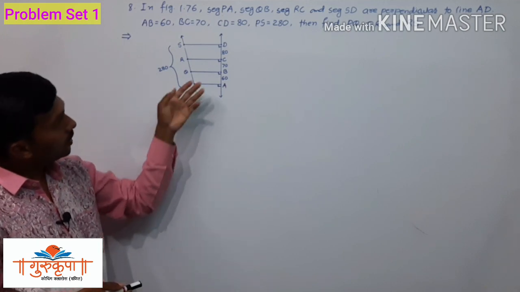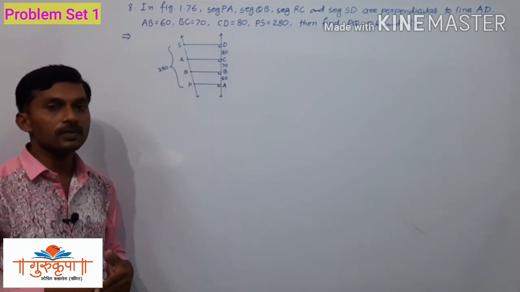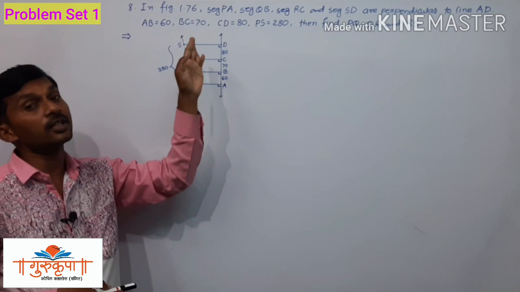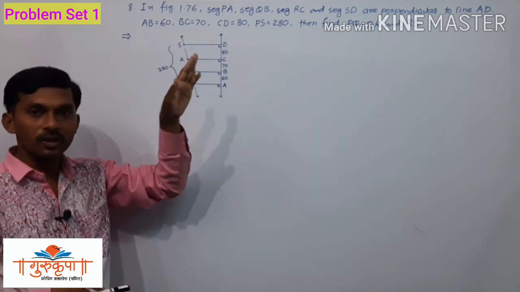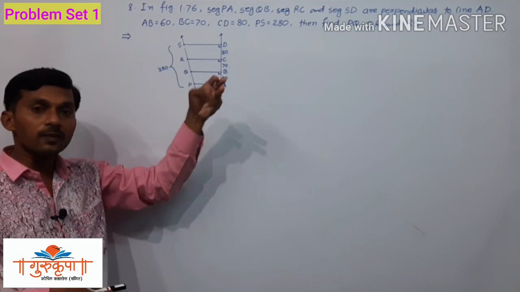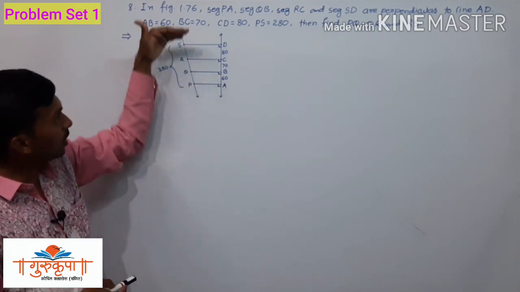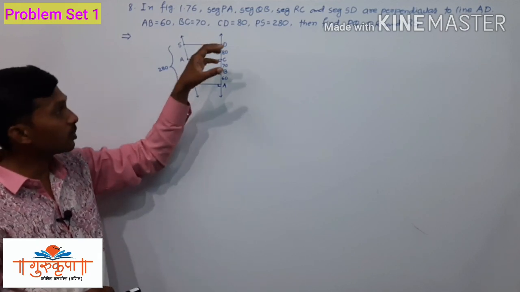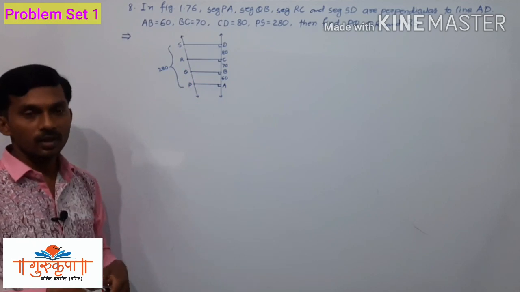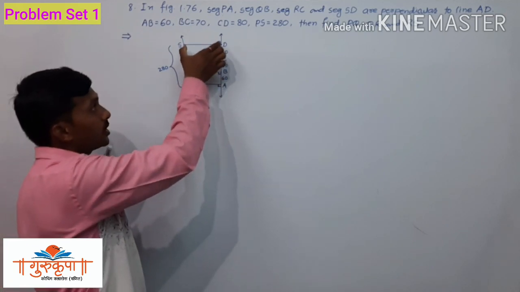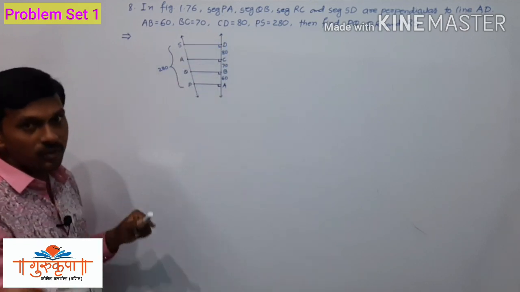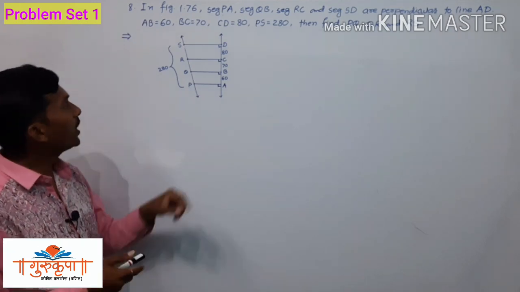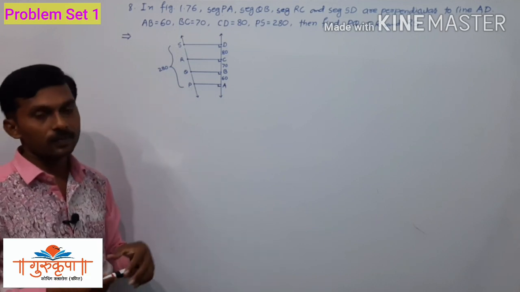Now if these 4 lines are parallel to each other, then definitely we are going to use the property of the parallel lines and their transversal. But it is very important that the property is for 3 parallel lines only, and here we have 4 parallel lines. That was the difference. How to use that property here? The properties belong to 3 parallel lines only and their transversals. So how can we find PQ, QR and RS?